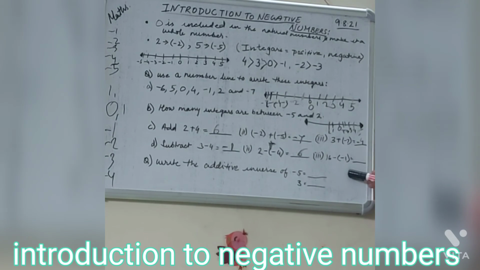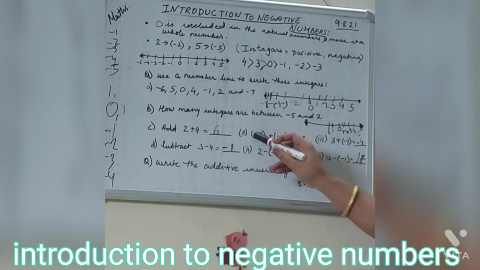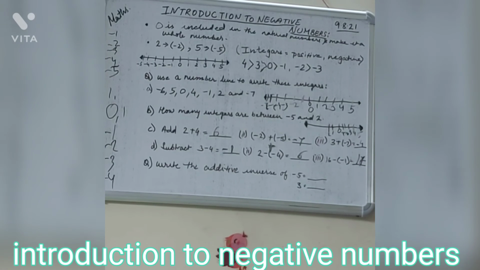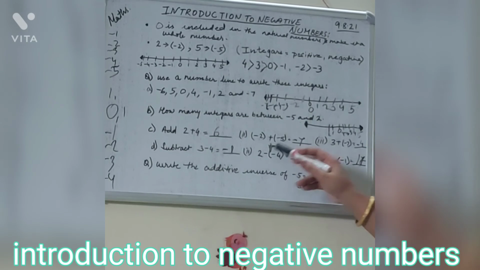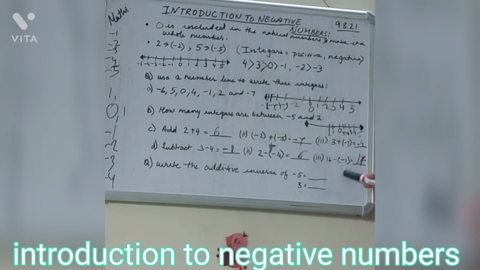16 minus -1. What will be the answer? Minus and minus again the same. So plus 17 or simply 17, that is a positive integer. Okay? So what do we see? Here we are seeing minus, then there is a plus in between, and then there is another minus. And so we are putting the sign of the bigger number. But when we find that there are two negative signs together, like 2 minus -4 or 16 minus -1, then it will become a positive integer and the answer will be addition.